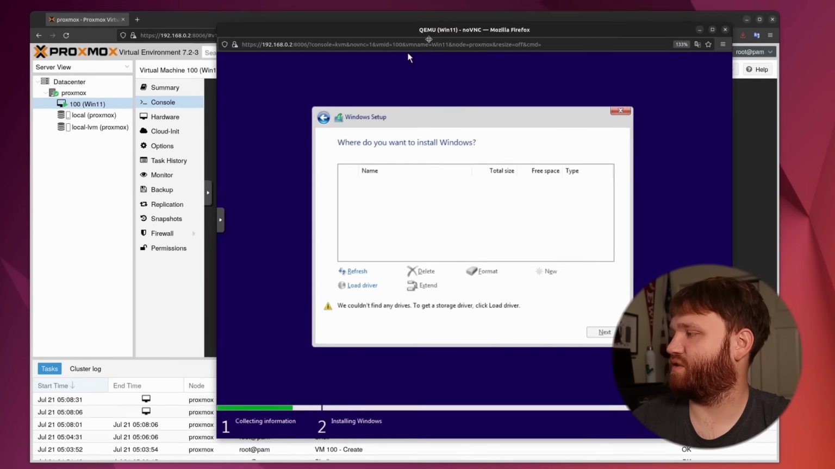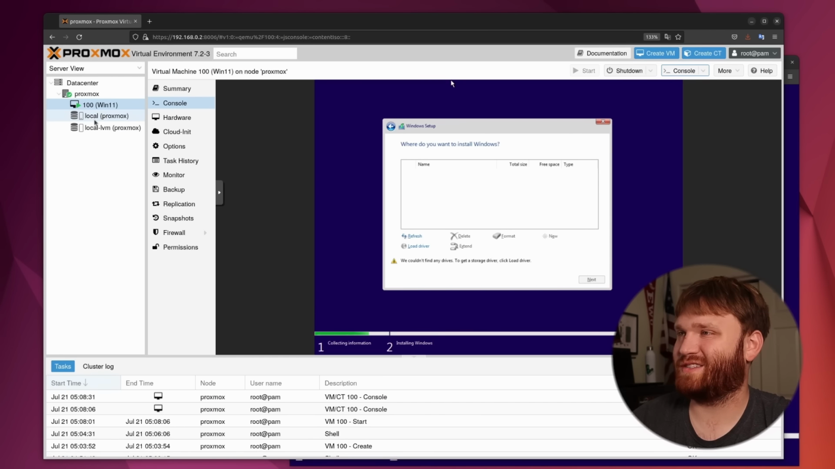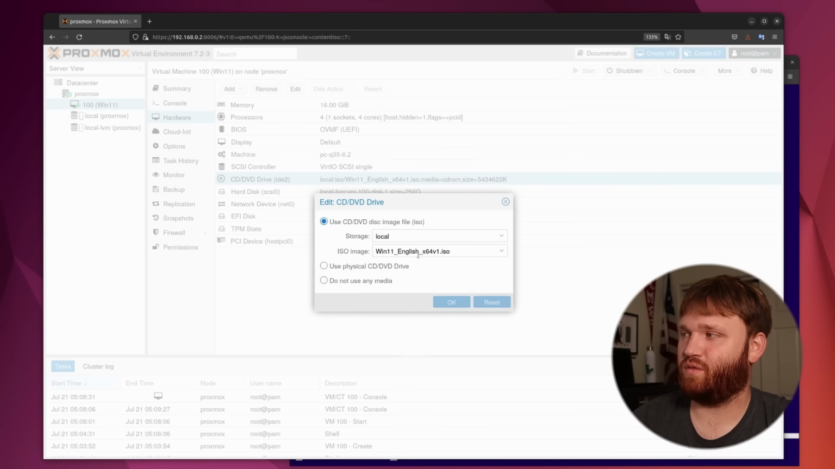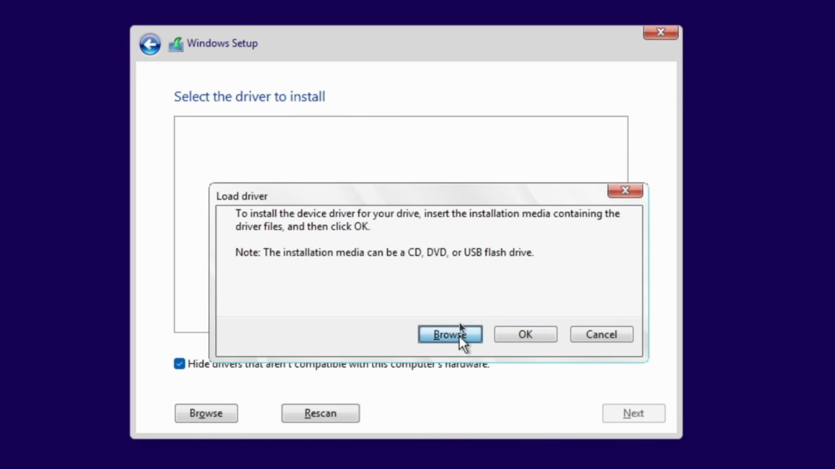So what we're actually going to want to do is real quick, go back over to Proxmox and do a little switcheroo here. So under Windows 11, we're going to go to hardware, and right here under CD DVD drive, I'm going to go select that and go edit. And we're just going to quickly swap it out for those VirtIO drivers we inputted. Hit OK. Go back to our virtual machine over here, and we're going to go load driver, browse,